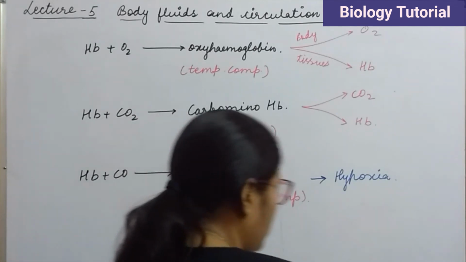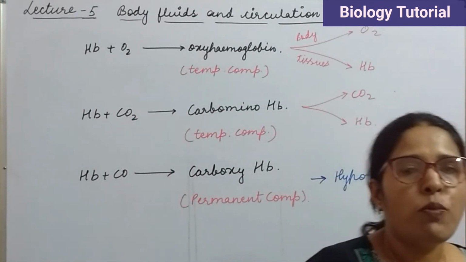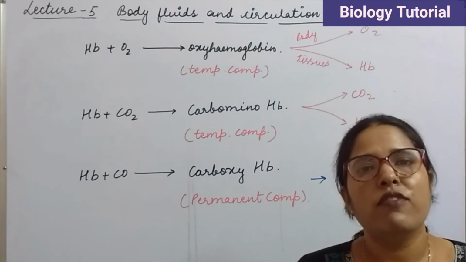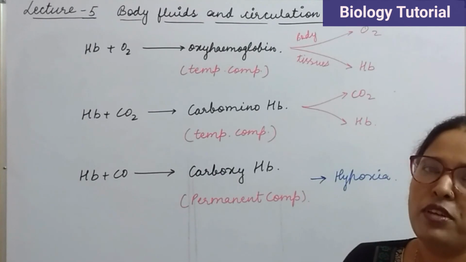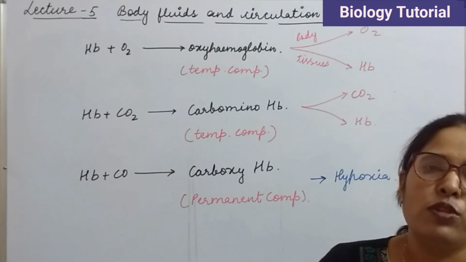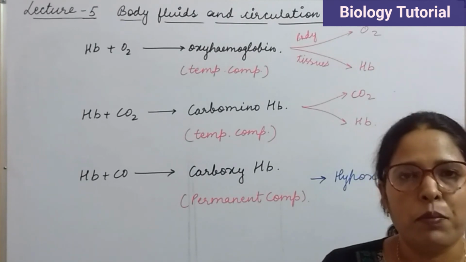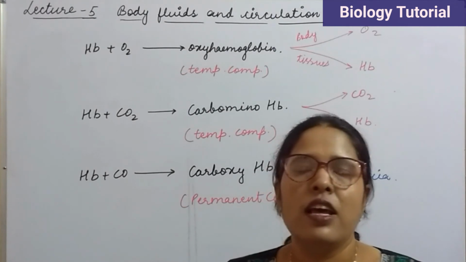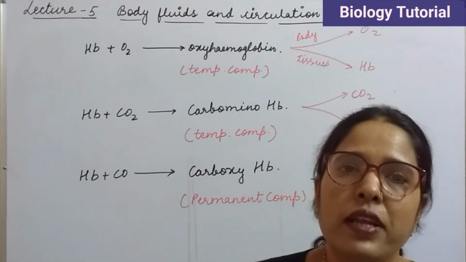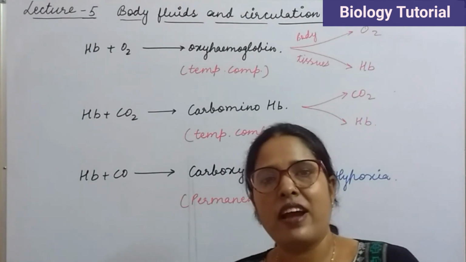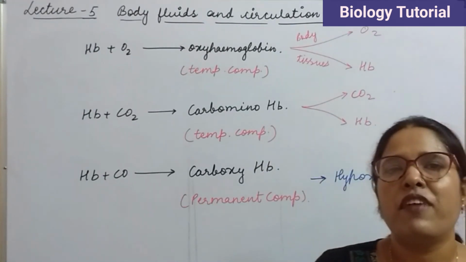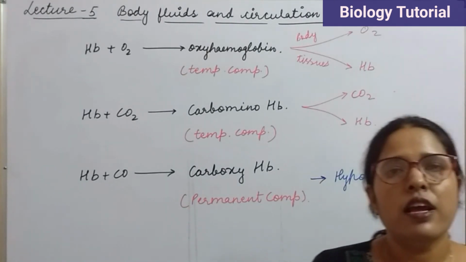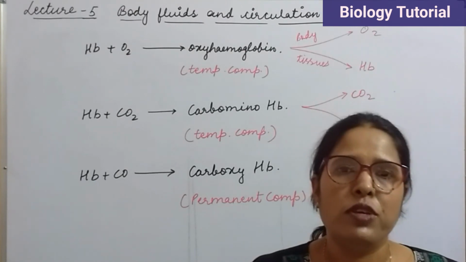Clear? So here we have discussed many facts about hemoglobin, the red colored pigment present in the RBCs. This hemoglobin provides red color to the RBC, and it is the respiratory pigment which is responsible for transportation of gases. Here the topic RBC gets completed. Clear? We have discussed so many facts about the RBCs. Each and every fact is important in itself, so you have to learn all these things. Clear? In our next lecture, we will discuss the WBCs. Thank you very much.